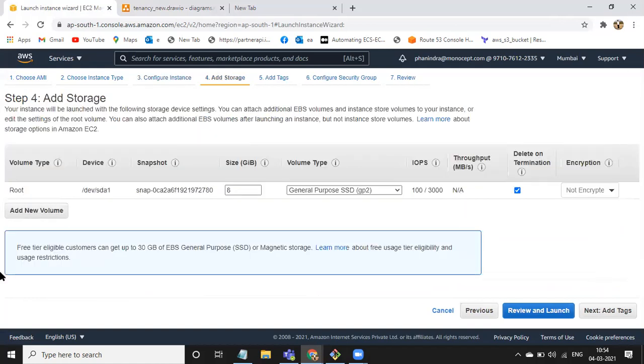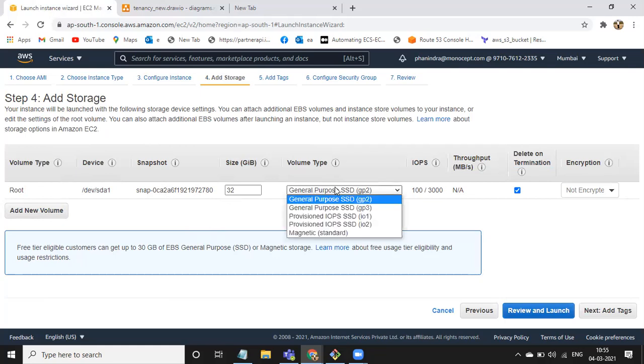Okay. Next, add storage. This is the disk size, in which you can give whatever size you want, like 32 GB, 64 GB or 128 GB. This is the disk size for your server. And this is what we call the root volume. We have different types: root volume and EBS volume. This is also an EBS volume, and we call it a root volume because this volume is created by default with the creation of the server itself. So you can mention the size here only. If you want, you can add extra volumes to your server also, and you can mount them.